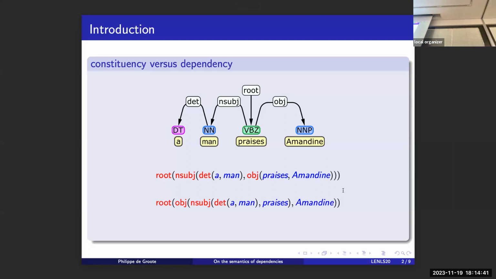And the idea I had was that we need to assign semantic recipes to the dependencies and to the words in such a way that this would be coherent. I mean, both terms would give the same interpretation. And that coherence principle is like a guide on the way we could assign the semantic recipes.